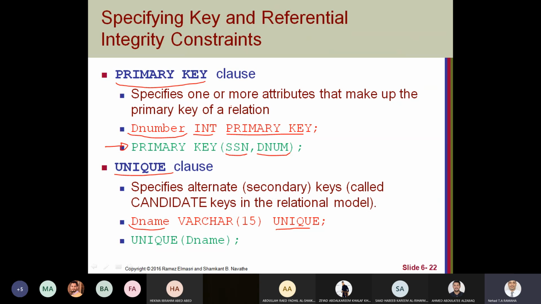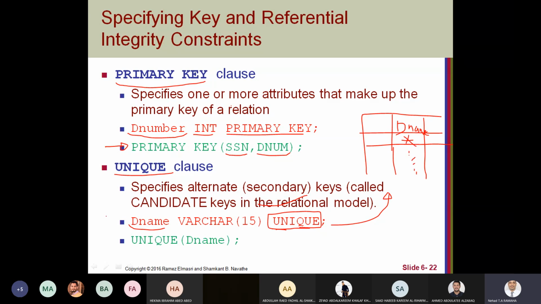So when you mention that it's unique, this means it cannot repeat inside the table. If we have a table here, there is no row with the same D name. So if you have D name X, you cannot have another D name X. This is the meaning of unique.